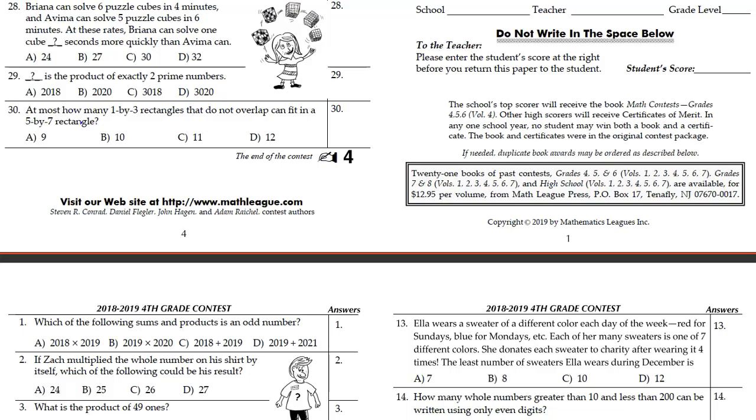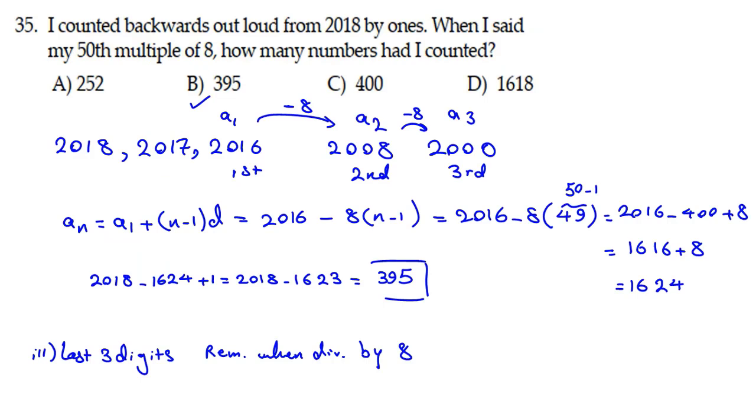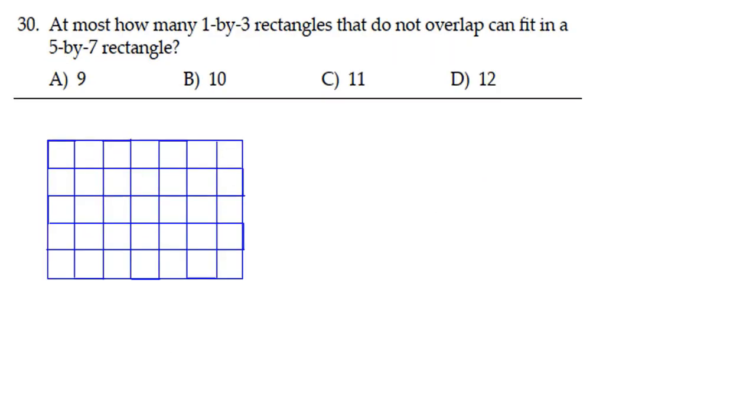Okay, problem 30. It says at most how many 1x3 rectangles that don't overlap can fit in a 5x7 rectangle? Okay, so for these problems, we have one idea. Let me tell you the idea is what I've told you up to 11. Idea 11, idea 12. For problems that you should find minimum or maximum of something, at most or at least of something, we can consider answer between two values. It is so much important. There are lots of problems that can be solved with these